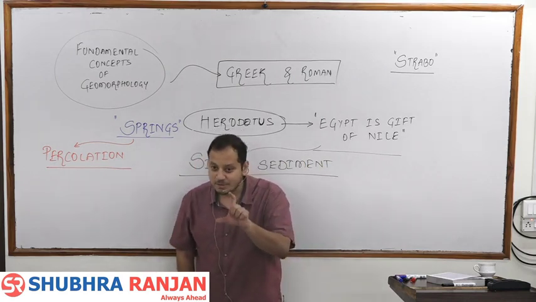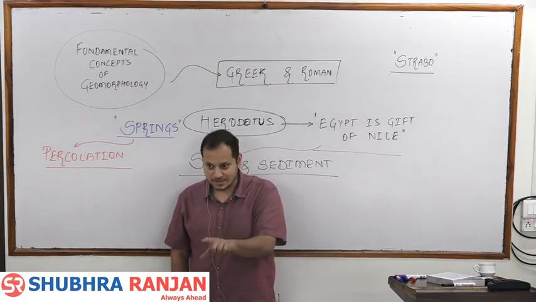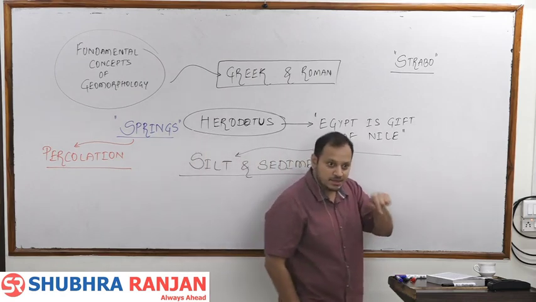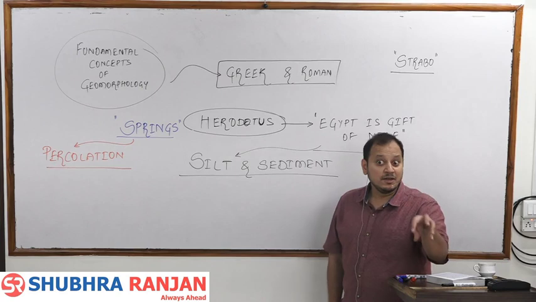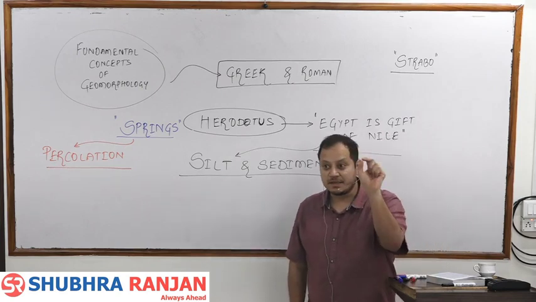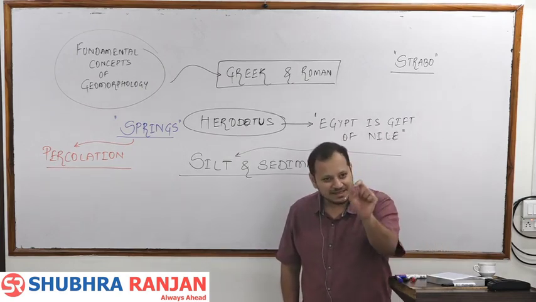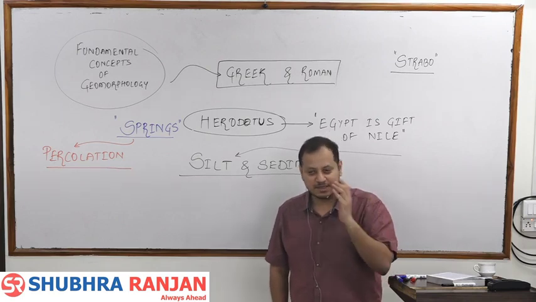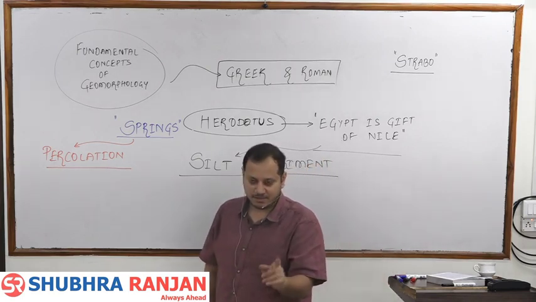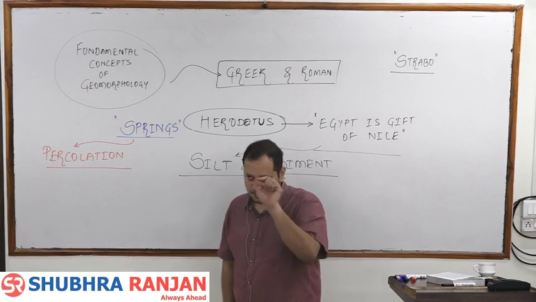Did he talk about diastrophism? Yes. He talked about the endogenetic forces. So from here geography has started. But are they giving theories or only describing? They are only describing, that it happened like this. Theories will come from Darwin. And the biggest theory will be then Davis. Getting it? So Strabo